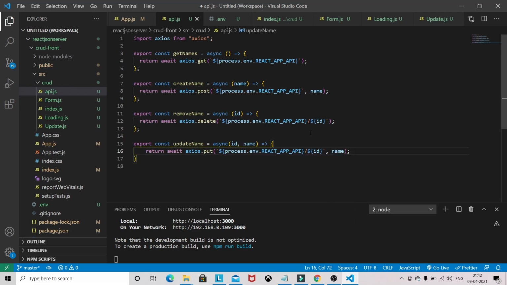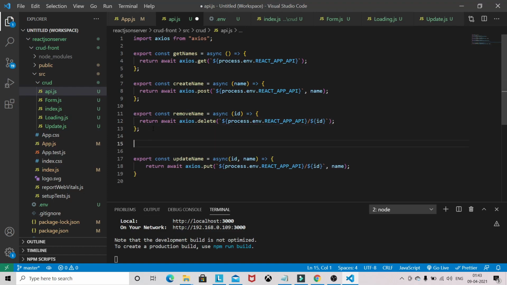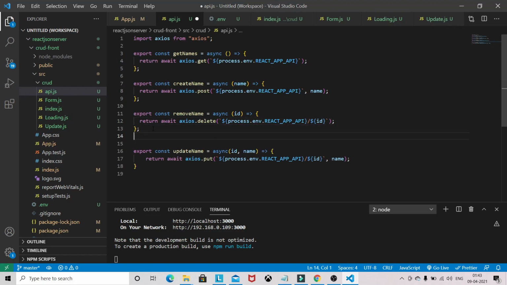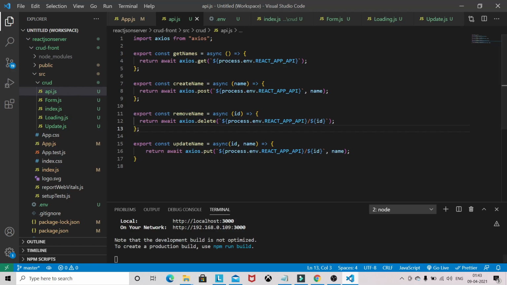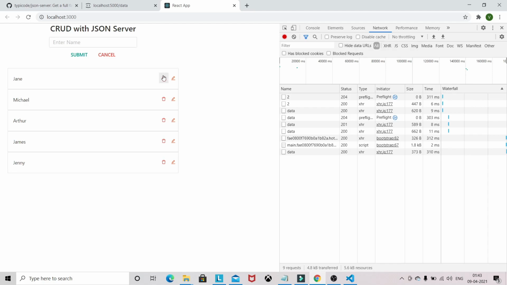Okay, and also we need the ID, I mean we need a single name also when you click on that. Single name in the sense that whenever you are updating any name, that input is filled with this value.